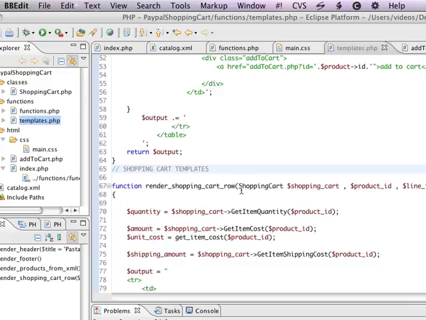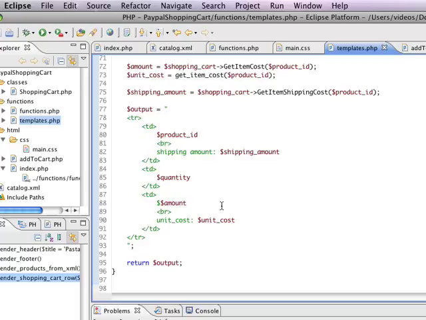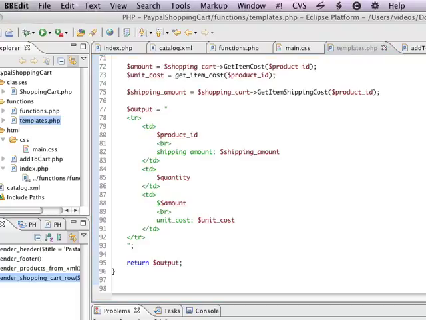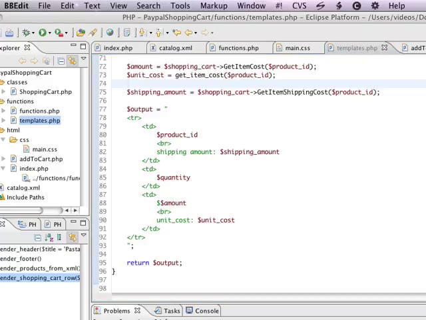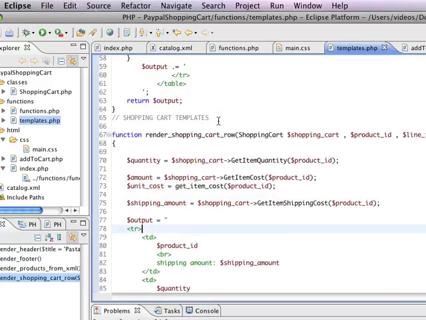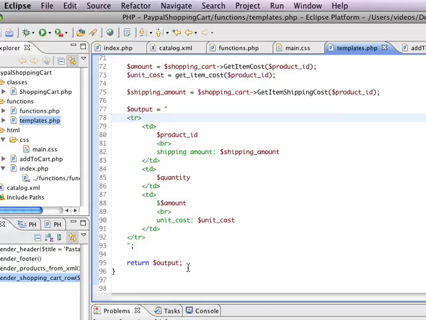So that's the beginning of our shopping cart. We also need to have a row for the shipping, and basically to have our total and our subtotal and all of that fun business. So to do that, we're going to have a very similar kind of template, except it's just going to have